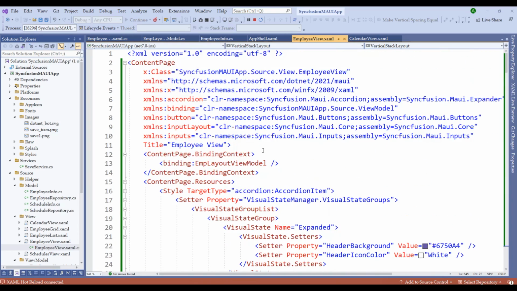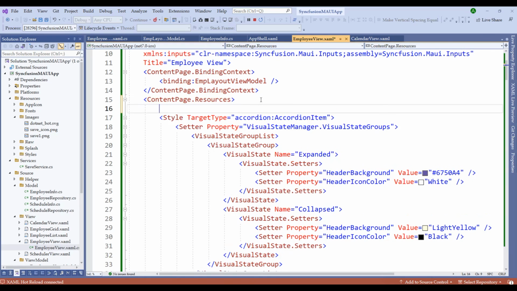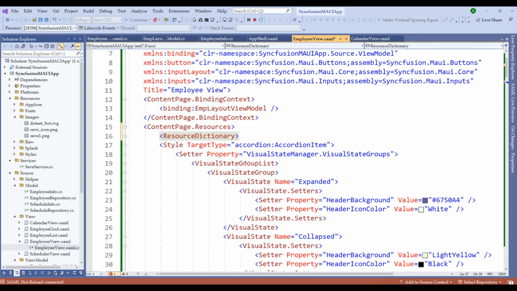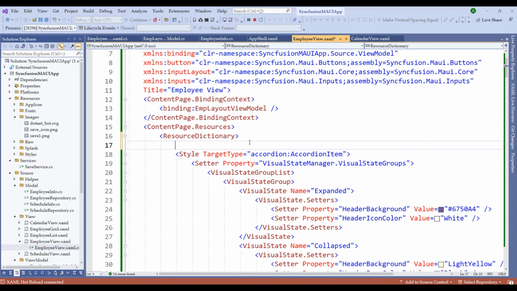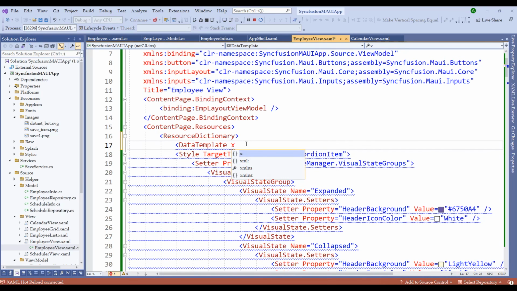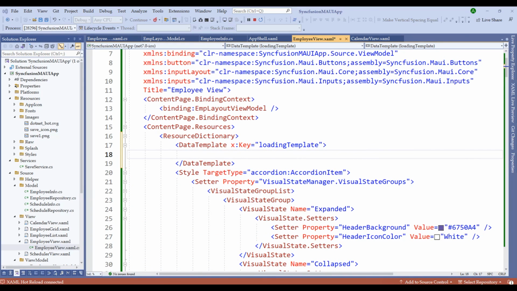Scroll to the top of this page, and under the resource dictionary, let me wrap up the style that we have created earlier, so that I can add more customizations to the resources, one of which is a data template. In the data template, I would say x:Key is loading template, and let me add some custom properties to that.